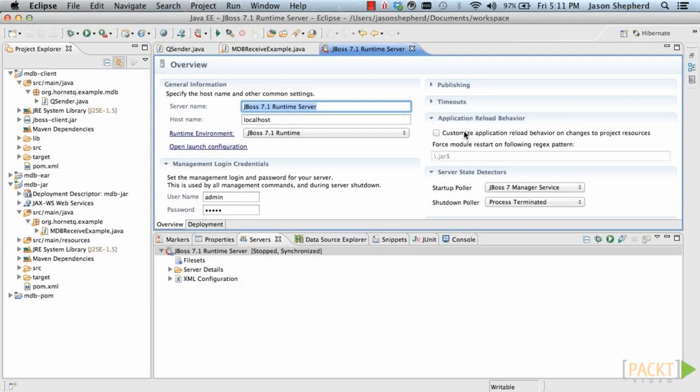Hello, in this section I'm going to teach you how to use a messaging queue. I'm going to use a messaging queue that I deployed in an earlier tutorial. First of all, make sure you're running in the full profile. I'm going to use Eclipse, so double click on the server in the servers window,